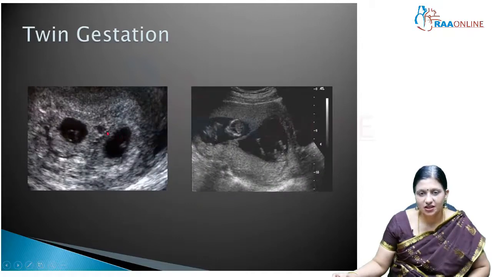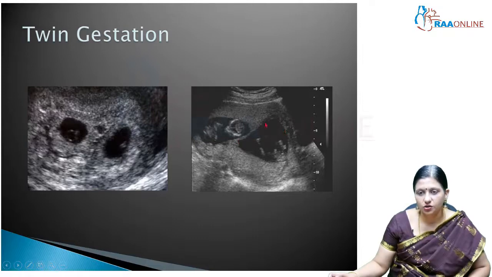Now these are two gestational sacs, with a fetal pole in both, and the two fetuses are separated by a membrane. This sign is also called the lambda sign or the twin peak sign. If it is like a T, that means there is only one amnion in between the two. If it is like a lambda, that means there is amnion and chorion between these two sacs. If it is shaped like a lambda, it's called the lambda sign, and there are 4 intervening membranes. So it will be dichorionic, diamniotic.